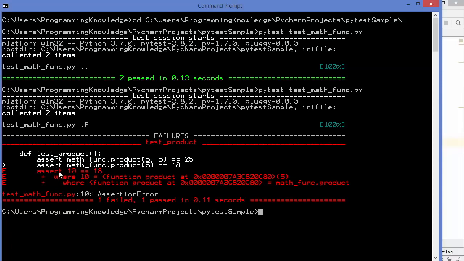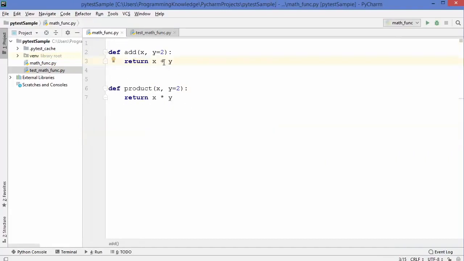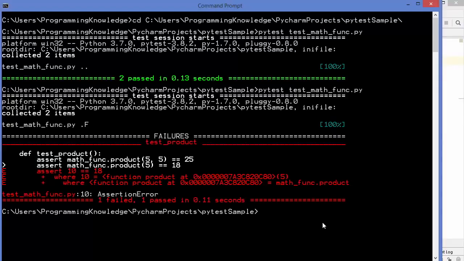So the assertion failure happened at this assertion where you are just testing 10 is equal to 18, which is wrong here. So once again, we are going to correct this. Also, let's say some developer has changed the function which you are testing. So instead of returning the addition, now I'm going to return the subtraction, which is going to break the test